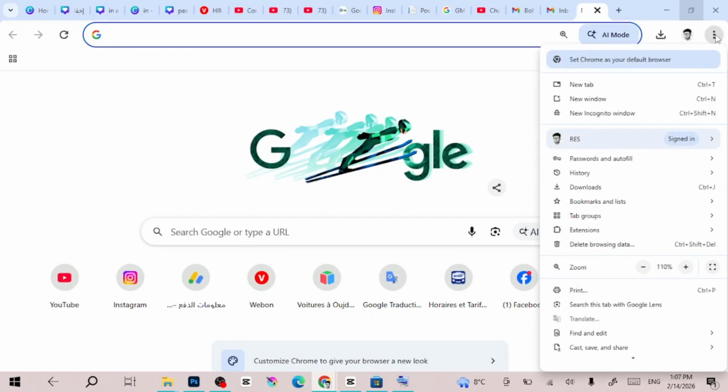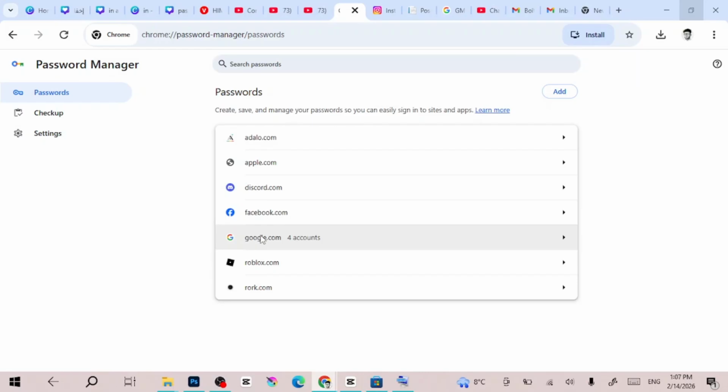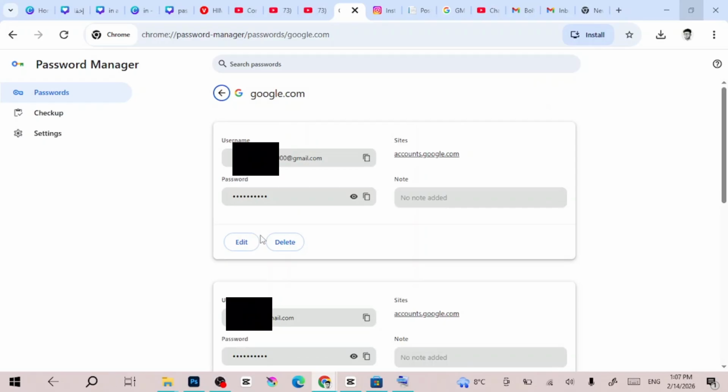screen. And after that, you have to go to Passwords and Autofill and click on Google Password Manager. So here, guys, you will find some sites that your password is saved on your PC in. So you will go and click on google.com. So write your PC password and click OK. And here, guys, I found my password for this email and a lot of others if I scroll